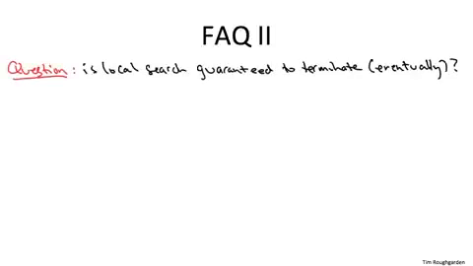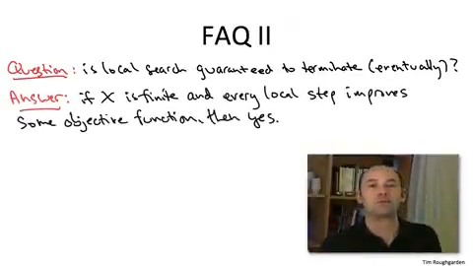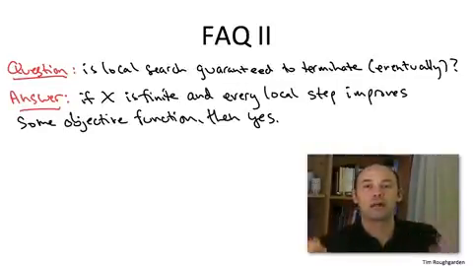So let's first just talk about running time. And let's begin with the most modest question. Is it at least the case that this local search algorithm is guaranteed to converge eventually? In many of the scenarios you're likely to come across, the answer is yes. Here's what I mean. Suppose you're dealing with a computational problem where the set of possible solutions is finite, and moreover, your local search is governed by an objective function.